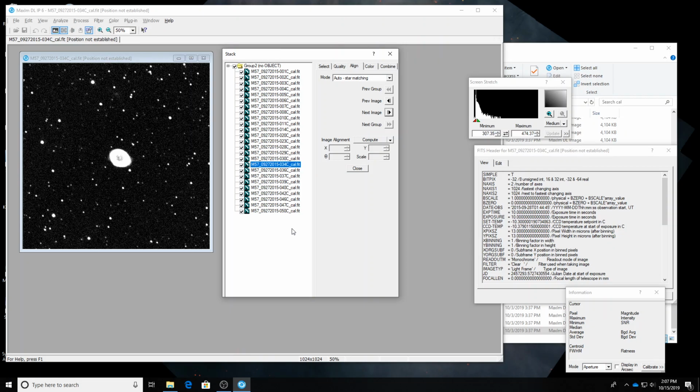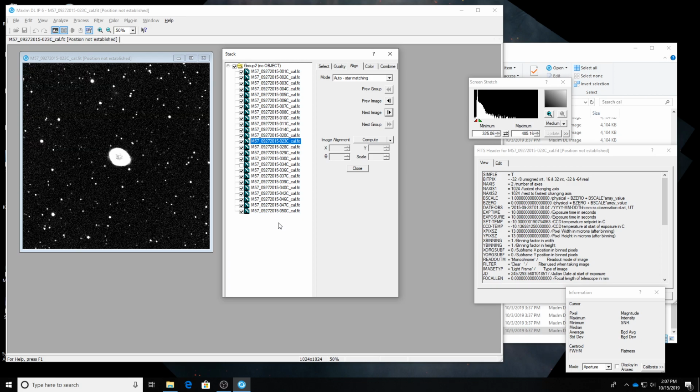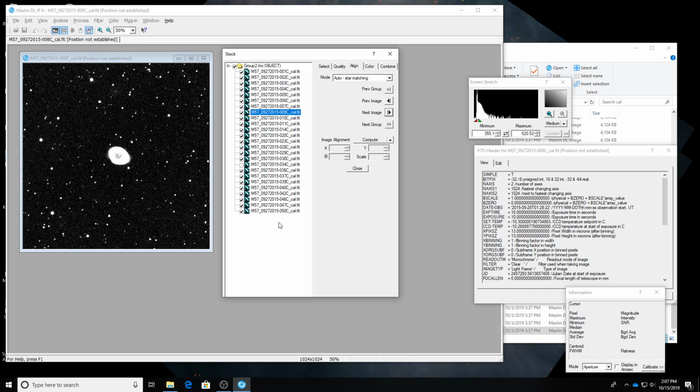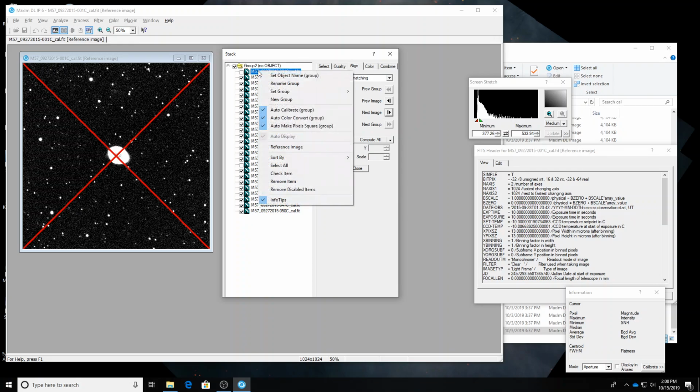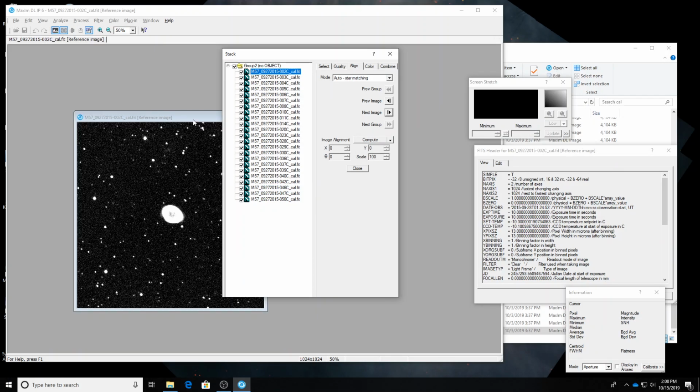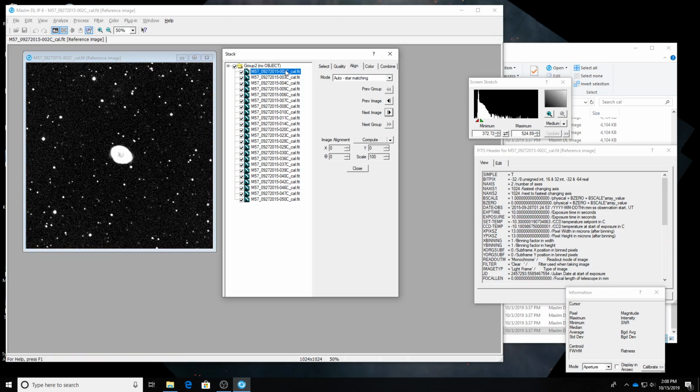Now some of them are a wee bit bigger. That one is not round either. I will uncheck that. But I don't want to reject everything. I want to keep a decent amount of total exposure time. It's okay. You know, that first one isn't quite round either. I'm going to uncheck that. Right-click, remove disabled items. And I think now I probably have it down to the best pictures that we've got